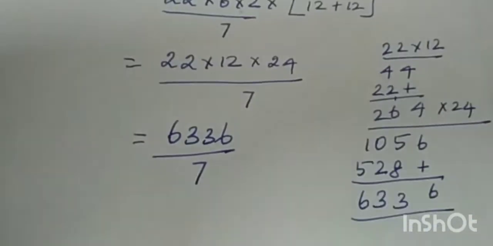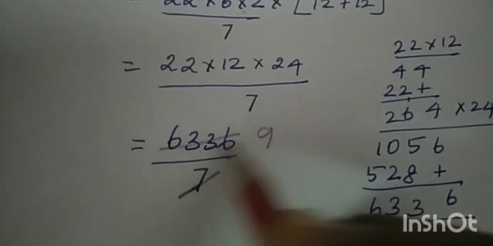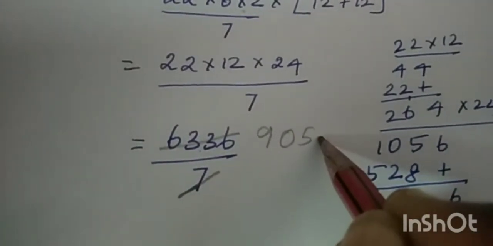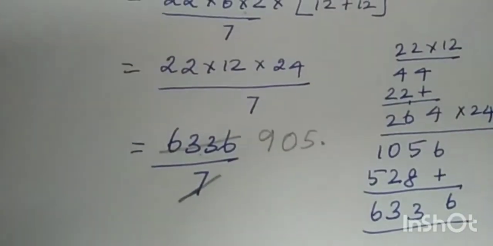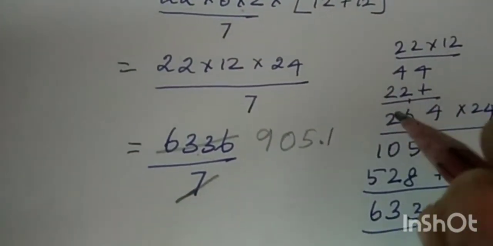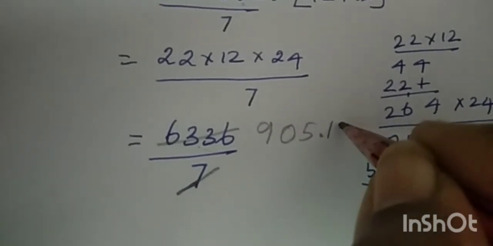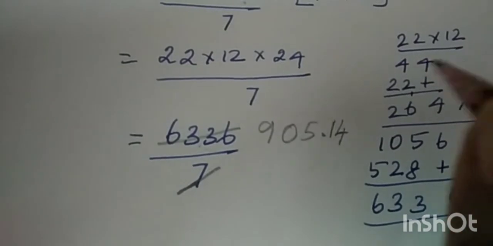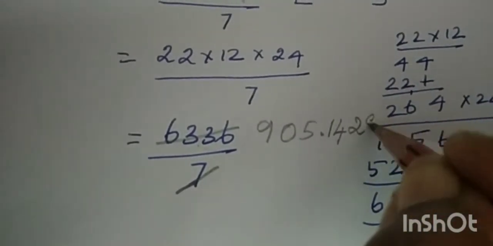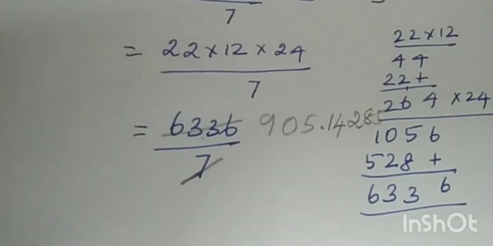We shall cancel in 7th table. 9 7s are 63. 0, it is 36. 5 7s are 35. Remainder 1. 10. 1 7 is 7. Remainder 3. 30. 7 3s are 21. 7 4s are 28. Balance 2, 20. 2 times 14. Balance 6, 60. 8 times 56. Balance 4, 40. 5 times 35. Will stop here.